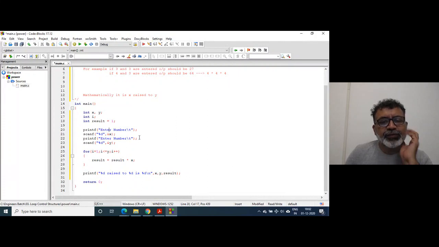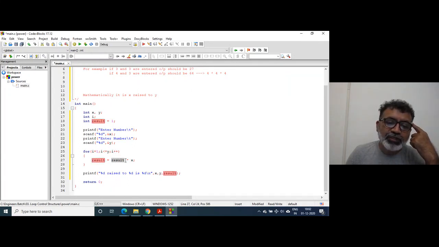So what will happen? Suppose I enter 5 and 3. x contains 5, y contains 3. So the loop will be executed 3 times: i is equal to 1, 2, 3, because we are using y as the value for the number of iterations.